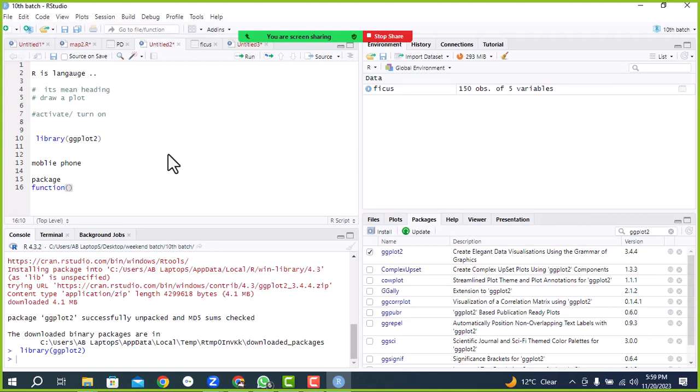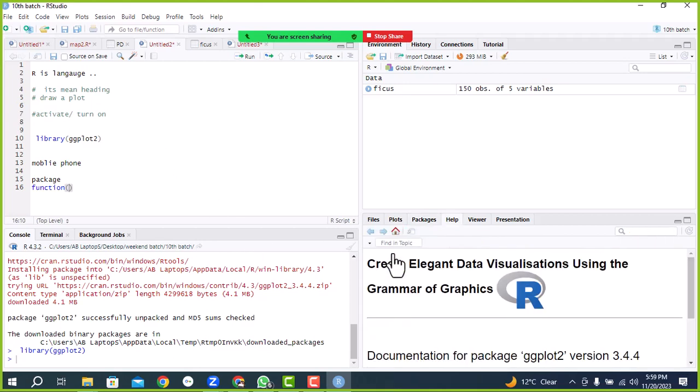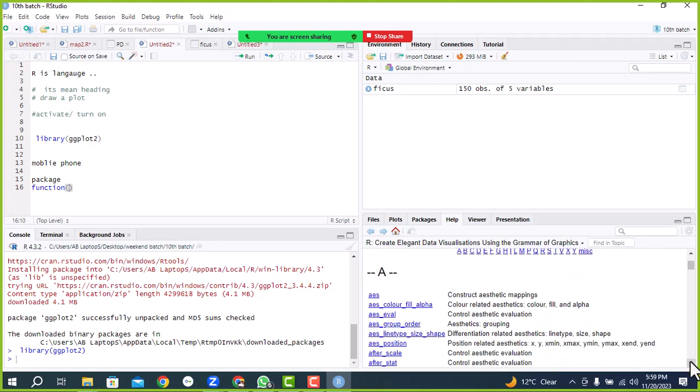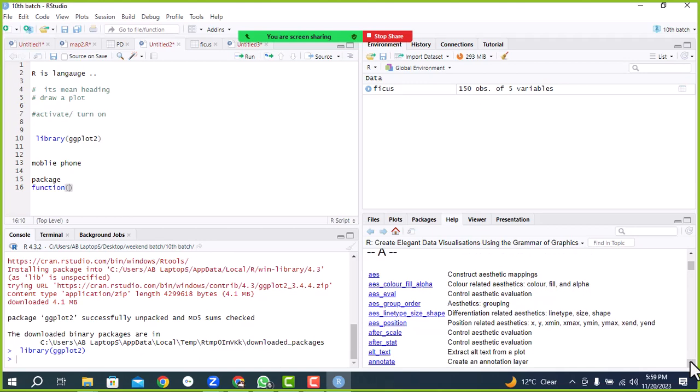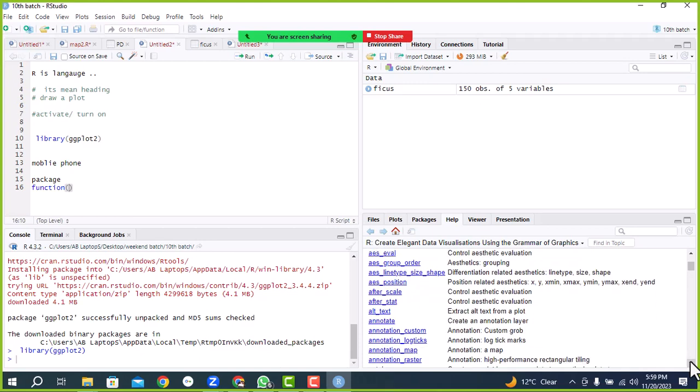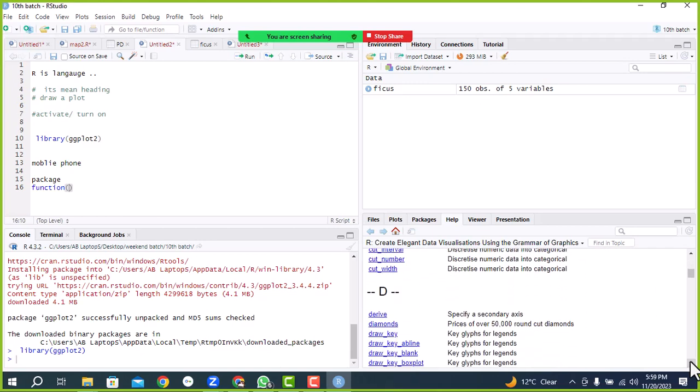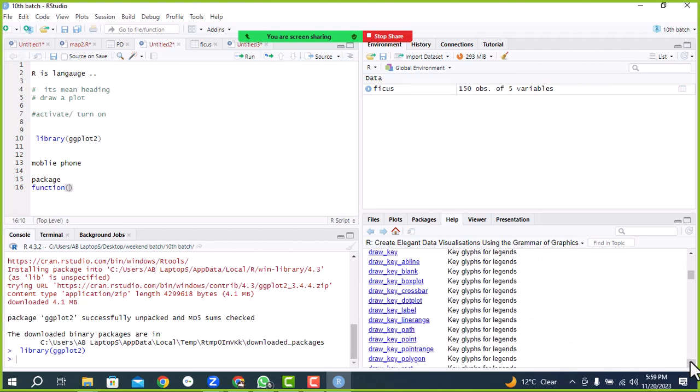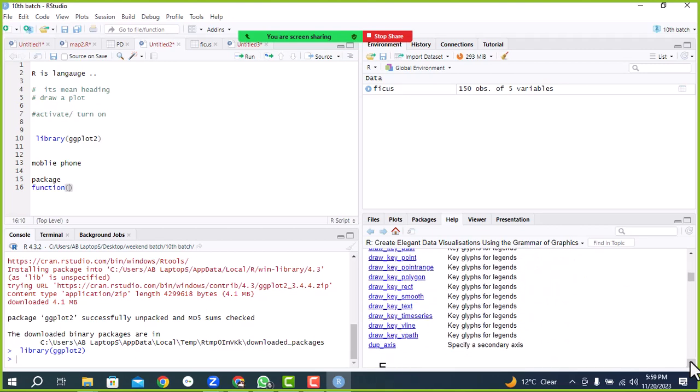So if we want to check the function of ggplot2, just click on ggplot2 and you can see here a lot of list of functions he can perform. So we learn these functions step by step. हो गया, प्लॉट ड्रा हो गया आपका। प्लॉट ड्रा होना चाहिए, प्लॉट बनना चाहिए आपको। बहरहाल एक दफ़ा आपने इसको आर को रीस्टार्ट करके दोबारा ये प्लॉट ड्रा करना।